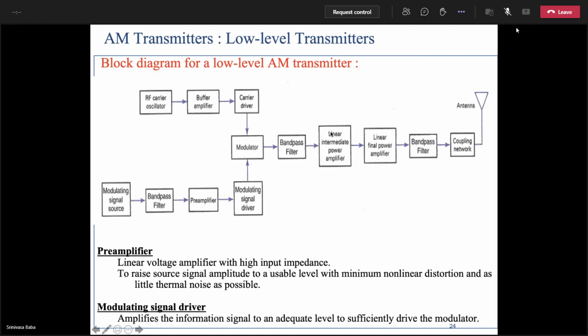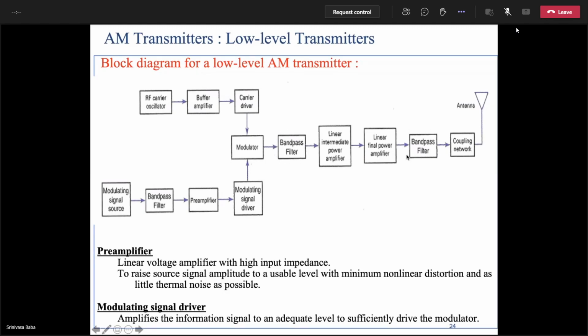Then we use intermediate power amplifiers. We will do this in 2 or 3 stages, because we will not get the required power in a single stage. We use a chain of power amplifiers. The intermediate power amplifiers boost the signal strength by a factor of 2 or 3. Let us say the gain of this is 2 or 3, and then that is applied to a final power amplifier, which in turn boosts the signal strength by a factor of 5 or 10 or 15, depending on the design of this amplifier. So these are the chain of power amplifiers which we have in the previous one. This is the addition to the previous one to limit the amount of noise.